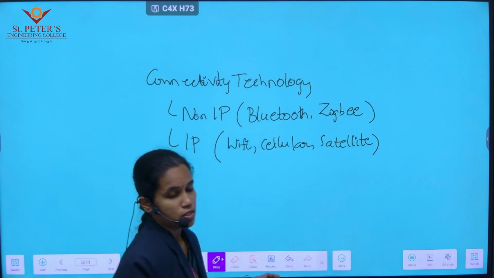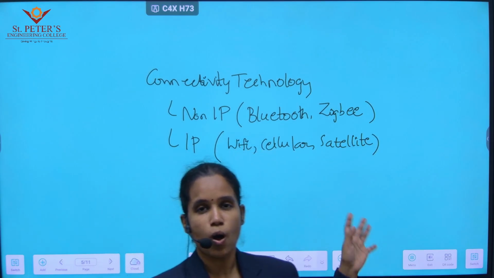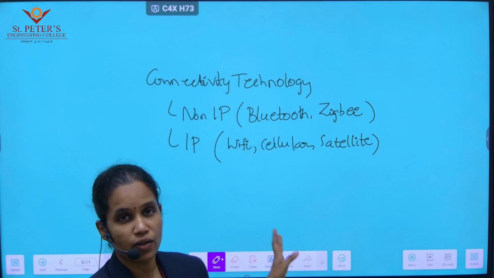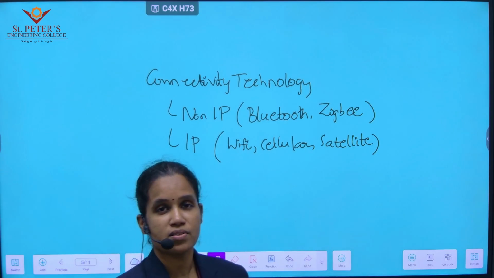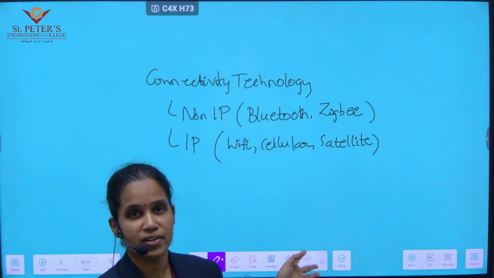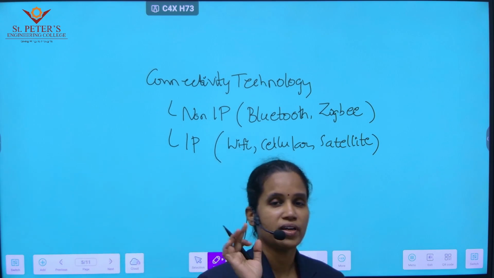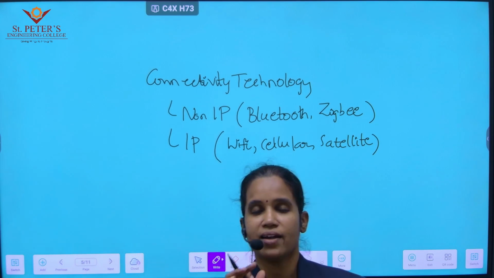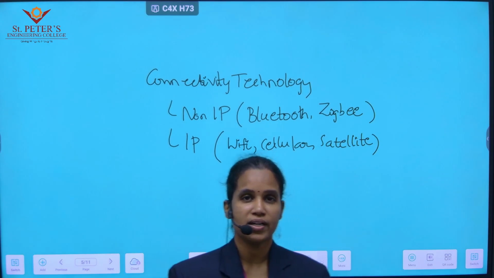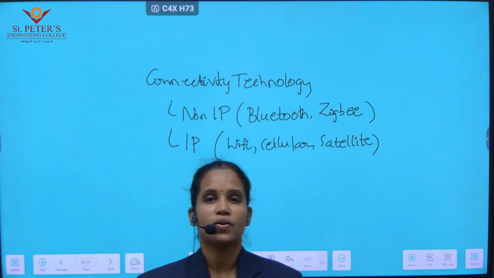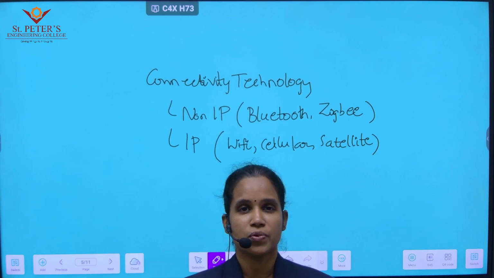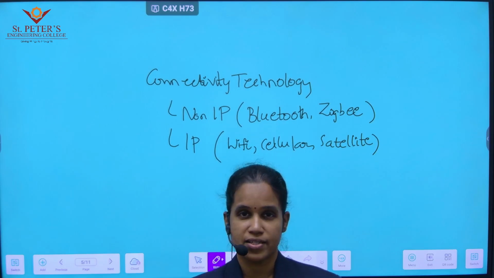Clear? So if any system has all these elements which I have explained till now, that network of systems is nothing but an IoT system. Clear? So next, coming to the characteristics of an IoT device. What characteristics should every IoT device have? So every IoT device should compulsorily possess 5 important characteristics. Those are: